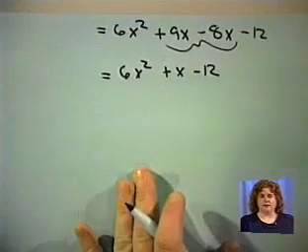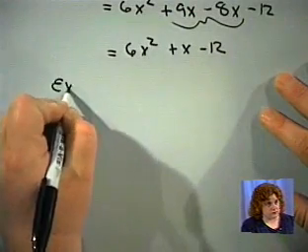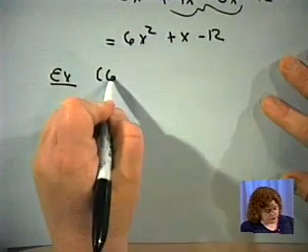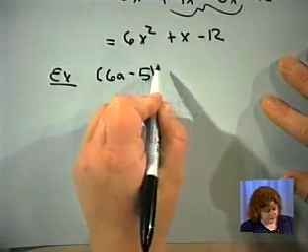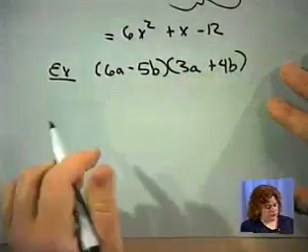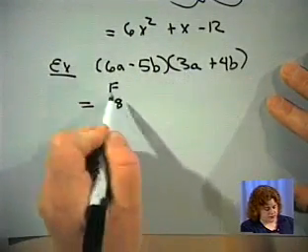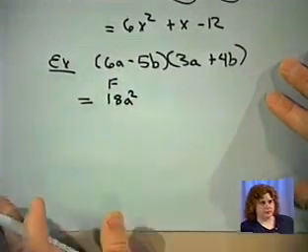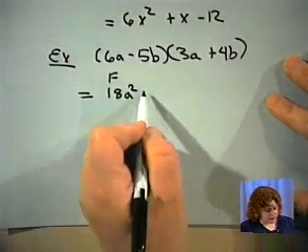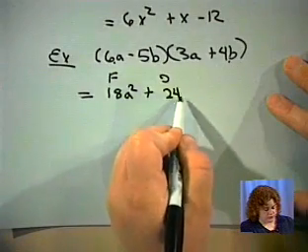Now, we just want to practice that a little bit with some different examples. Since it is a very useful tool, I want to practice it a little extra. Let's look at 6a minus 5b times 3a plus 4b. Again, we'll go with our first. 6a times 3a, 18a squared. You can even skip writing out that step as long as you go with care along the way. Outside, 6a times 4b is going to be 24ab